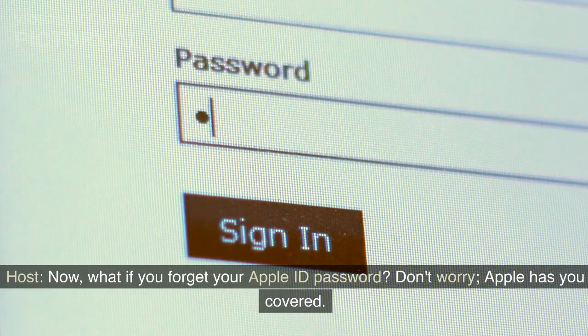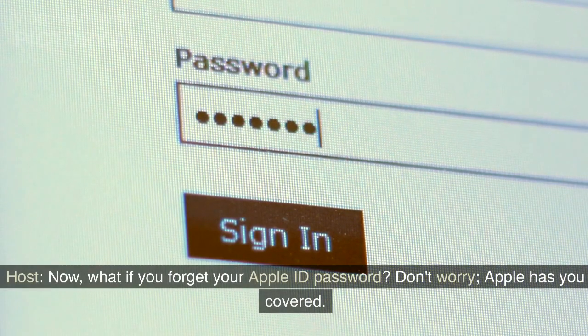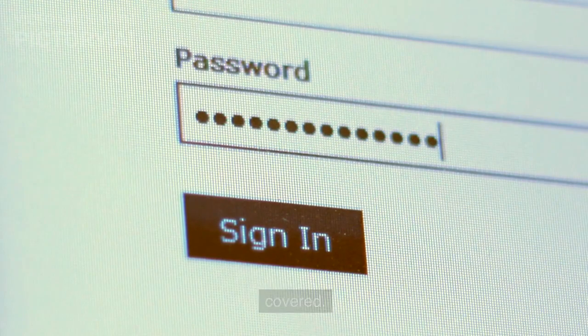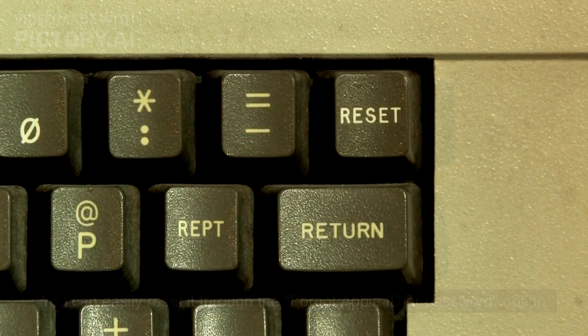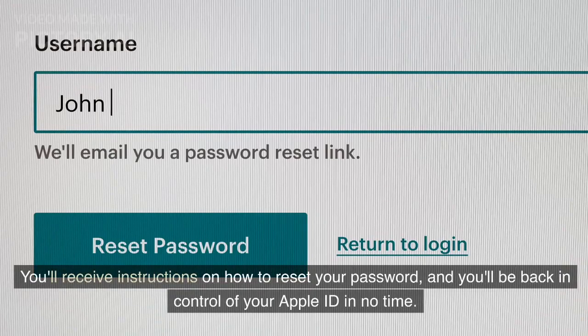Troubleshooting and recovery. Now, what if you forget your Apple ID password? Don't worry, Apple has you covered. You can easily reset it through the Forgot Apple ID or Password option. You'll receive instructions on how to reset your password, and you'll be back in control of your Apple ID in